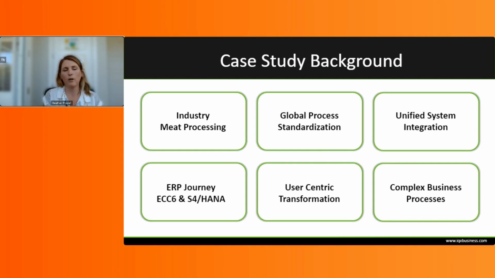So our case study today revolves around a large meat processing company. It has operations spanning 500 plants across 24 countries, with a diverse set of CapEx processes, each jurisdiction operating quite differently. So with the company's growth, standardization was necessary. Complex business processes, and they utilized an assortment of systems for the capital budgeting process, from Excel spreadsheets and email,